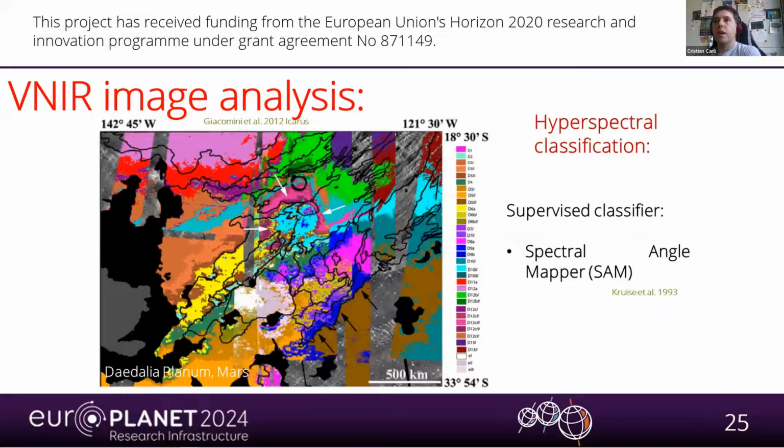So for instance, here is a case for a hyperspectral classification. The classifier I used was called spectral angle mapper, that permits describing the spectral variegation of the surface of a planet with respect to some end members that we can give to the classifier. These end members can be extracted directly from the images. And in this case, what was done was, starting from the morphology of different lava flows, and so lava flows that were already separated, to explore the spectral variegation, define a number of different